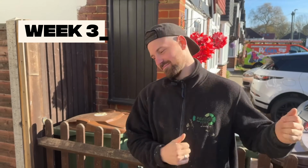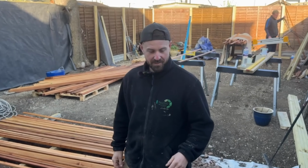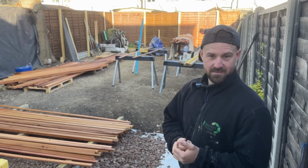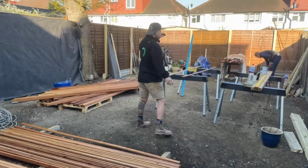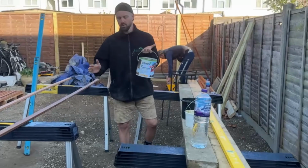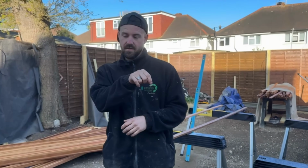Week 3, I'll show you what we're doing. So, here we are. We're back. Yeah, it's been a busy week. We had 276 cedar slats turn up, which were all stacked up on there. So the process was basically we had to use Osmo oil, and we're giving it 3 coats, each individual slat, one side, the other side, the edge and the